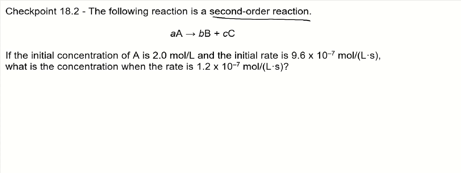All right, so if the initial concentration of A, there's our reactant, and then it's giving us the rate. We can build our own table here. It didn't give us a second concentration, it's given us the rate. So it's a little twist to this kind of problem. We haven't seen one of these, so we can still use the ratio method we've